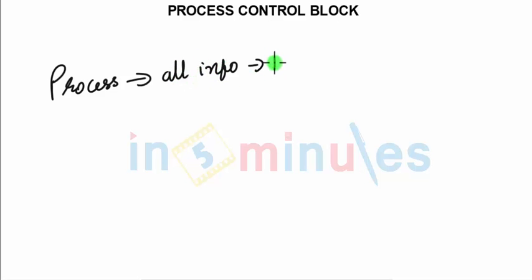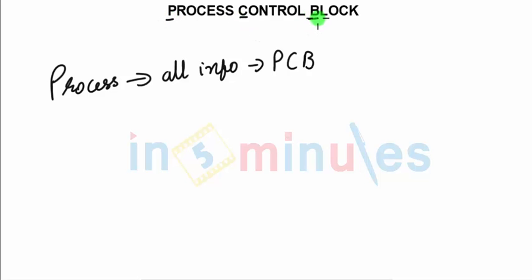We are going for the next point, which is again a very vital part of process control block. Like me and you, whenever we leave a place, we never leave it empty-handed. We always tend to carry a purse or something with us, which has information in terms of money, cards, IDs, passes, etc. Same way, when you talk about a process, it always carries all the information it needs in a thing called PCB, which is process control block.